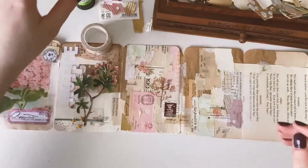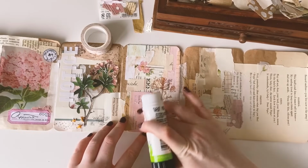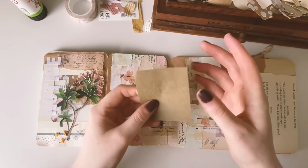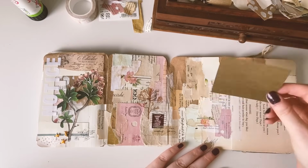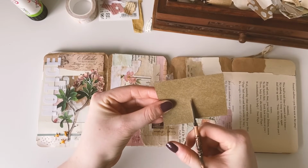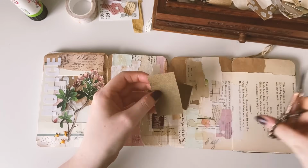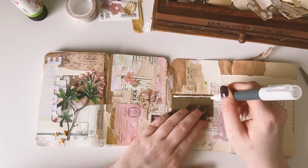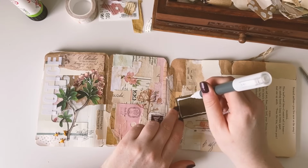And so yeah, I didn't want to cover anything up too much, which was then a challenge when I was thinking, okay, I love the way this page is turning out, but it needs some sort of focal point, and I wasn't quite sure what I wanted to do. So I had this scrap of, I think it was the backing off something, so I thought, well, that's perfect to use for a prompt like this, but it was a little bit too big, and as I was putting it round the page, I thought, well, there isn't anywhere that I actually want to cover up, so I decided to trim it down a little bit, make it smaller, and then used it as a bit of a journal